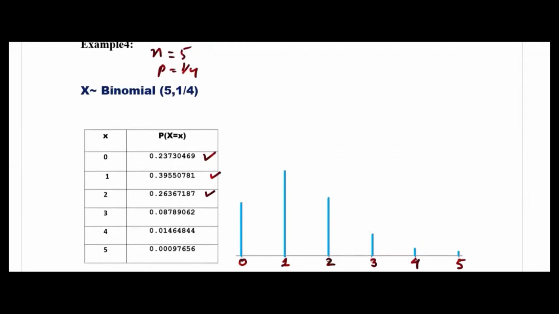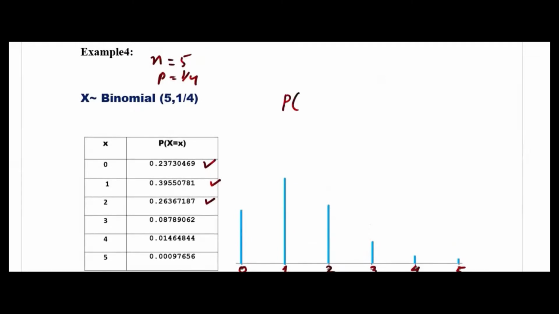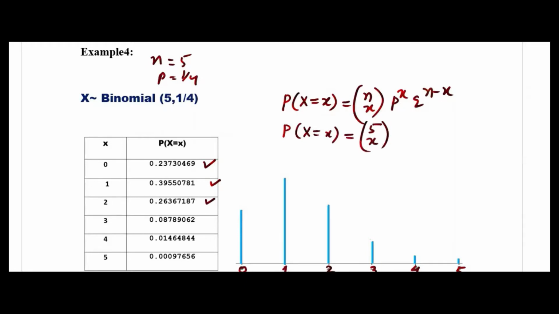What is the formula? Let me write once again. If you don't know, P(X = x) = nCx p^x q^(n-x), and you write here n = 5, x will be there anyway, p is given 1/4, and q will be 3/4. N is 5, 5 minus x, then you put x = 0, you will get this one, x = 1 you will get this one, 2, 3, 4, 5. All the probabilities you can find, you can check.